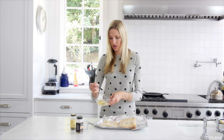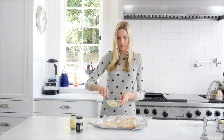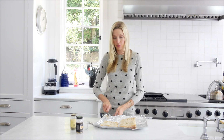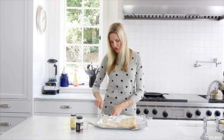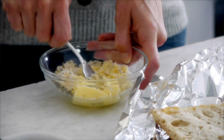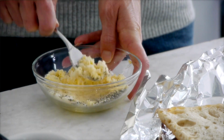And then some salt. And we're gonna take this mixture and make a compound butter. You could even do this on a piece of fish, on some chicken. A compound butter is just a great way to add a ton of flavor to a really simple food, like